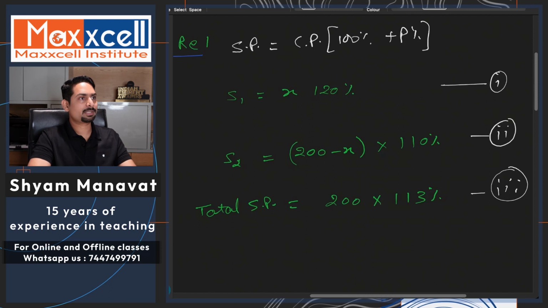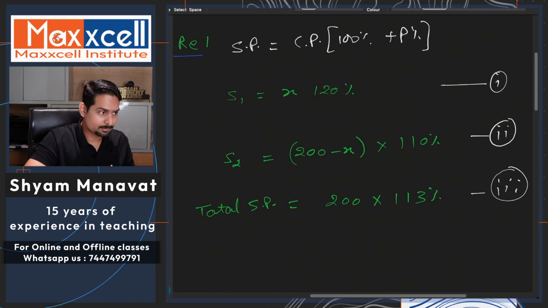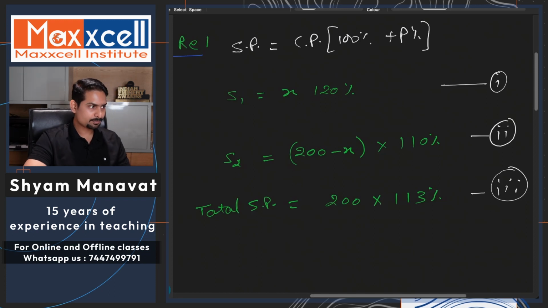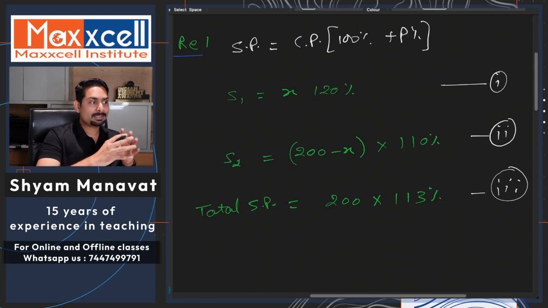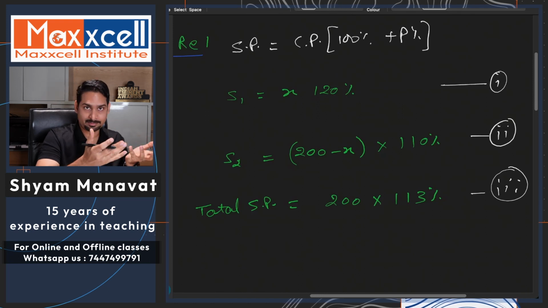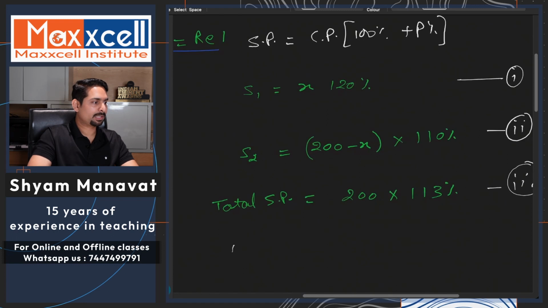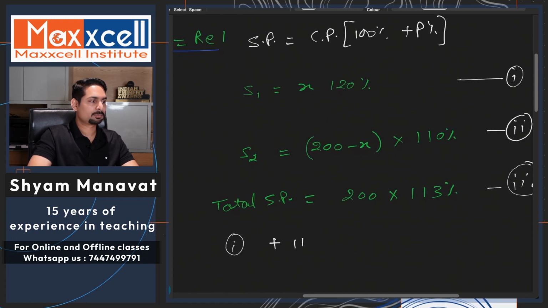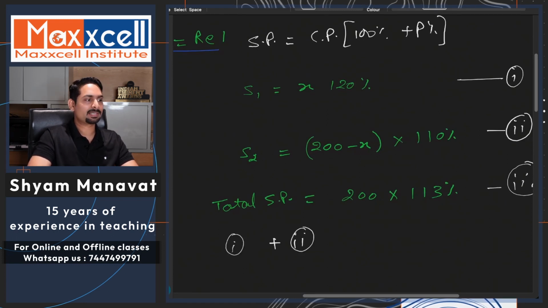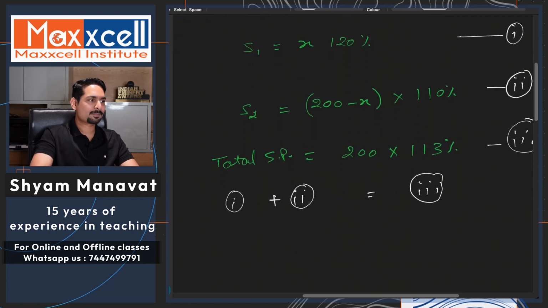So don't you think that by adding S1 and S2, I will get the total selling price there also, right? So can I say by adding this 1 and 2, I will get total selling price, which will give me equal to what? Equation number 3, right? Okay. So what is S1 here? S1 is